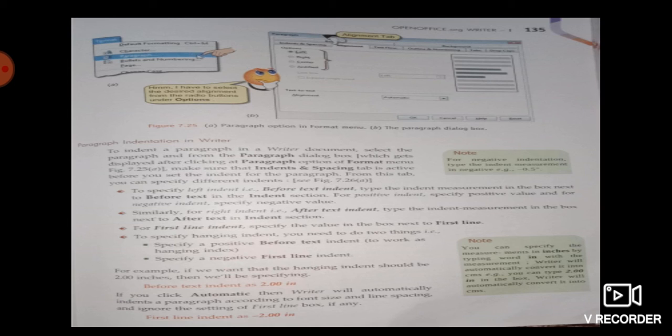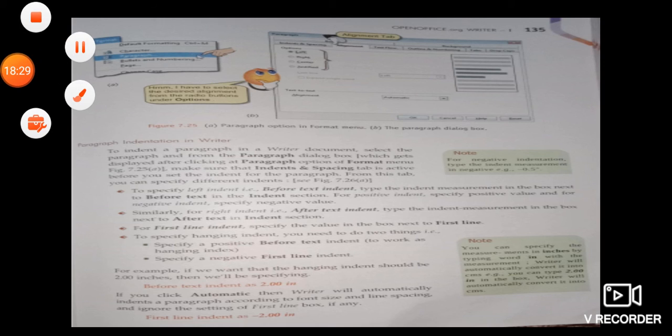Whenever we create any document, obviously we will have multiple pages, and if you want to give any heading at the top of each page, you can use a header. If you insert it on one page, it will automatically be inserted on the rest of the pages. Same with footers also.